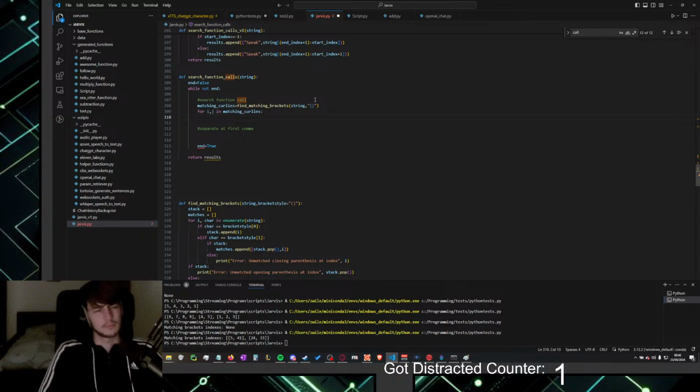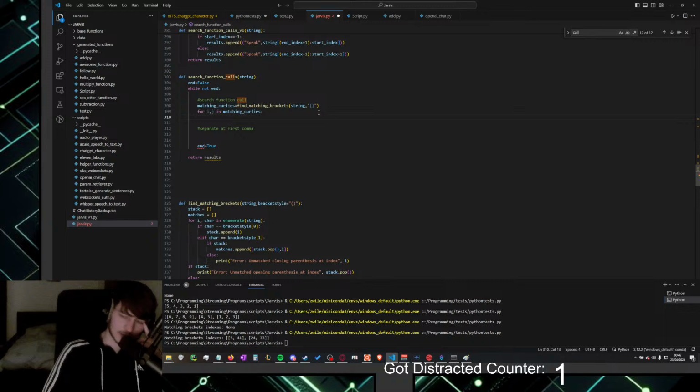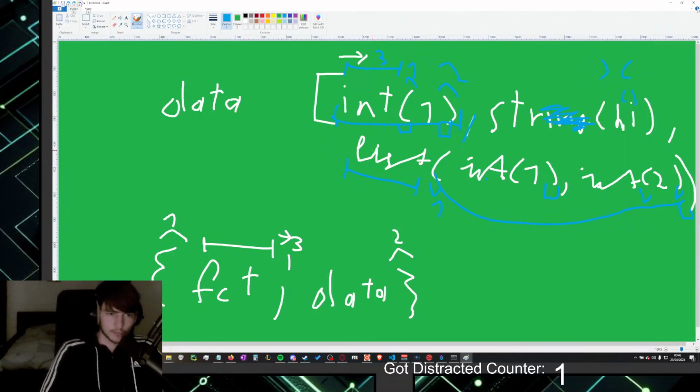But wait, no. Actually, if it's using dicts, then it should also use this way of doing it. So it should write dict of key, value.